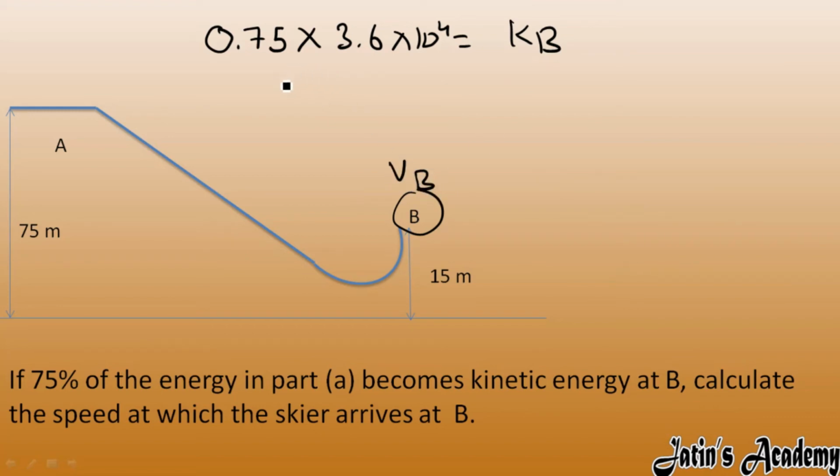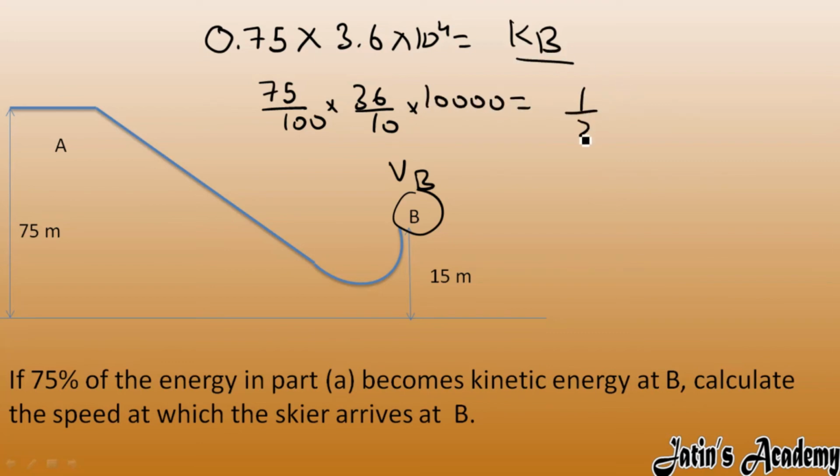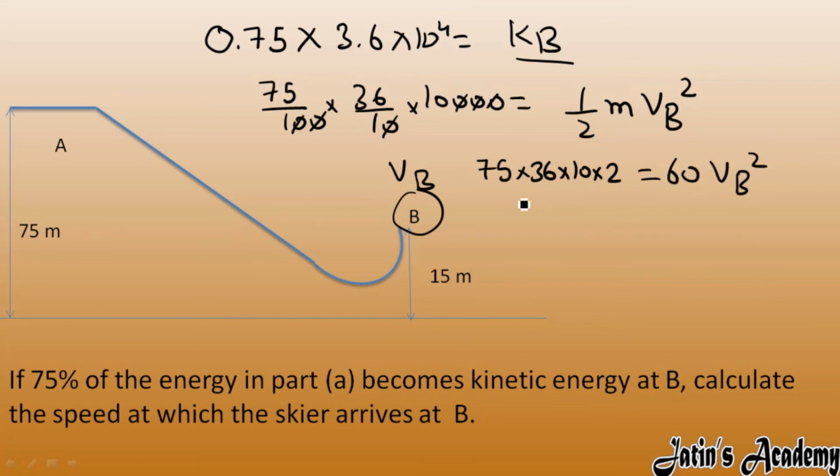So now here if you solve, 75 by 100, so 36 by 10 and 10 raised to power 4. Kinetic energy at point B we have half m vB square. Okay, so from here, this 2 is multiplied on that side, 75 into 36 into 10 into 2. Mass value we are given as 60 and vB square. Now 60, just divide it with 60, 75, 30, 10,